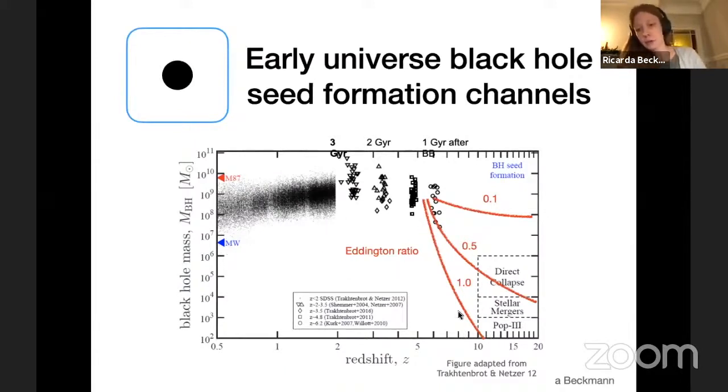Here we've got a few cartoonish lines where you can roughly see some proposed evolutions, with the Eddington ratio being a measure of how efficient black hole growth is. Generally, Eddington ratios can fall very low, less than 1%, 0.01, even lower. So all of these proposed lines here are very efficient gas accretion, and you can see that for these black hole seeds to make it to the observed masses, they need to be extremely efficient. The Eddington ratios need to be very, very high.